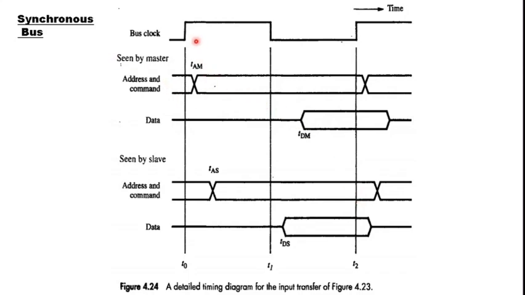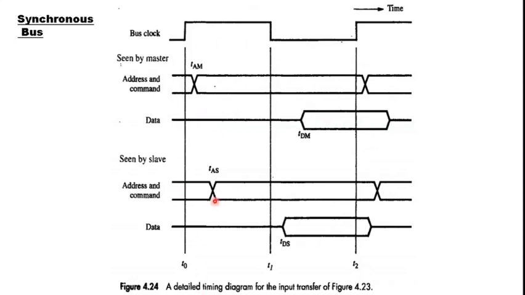This clock cycle length should be in such a way that all these delays can be incorporated, and at specified durations the required operations are happening also. That should also be ensured. Okay, so at T1 the slave should be ready with the data, and at T2 the master should have received and registered the data within it. Okay, the clock cycle length should be sufficiently chosen. So that is one aspect of the main difficulty of designing a synchronous bus protocol. The clock cycle length should accommodate for all the delays.